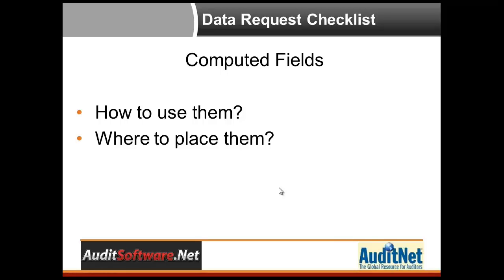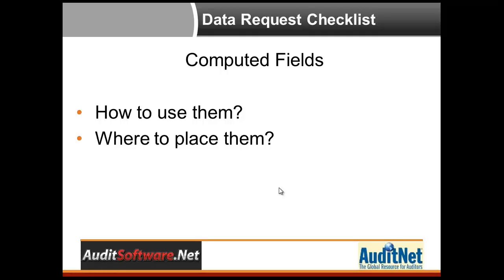And in that, one of the areas are computed fields. Computed fields allow you to combine different fields, which can give you a focus into key areas of further review. They can reduce or weed out false positives so that you're only testing the items that clearly need review and are potential violations. So this is an overview of how you would use them, but where to place them when you actually do have a computed field. You can place them in the original file at the exact beginning of the file. This way, any transactional information where you may need to combine the data, the computed field is already in there,